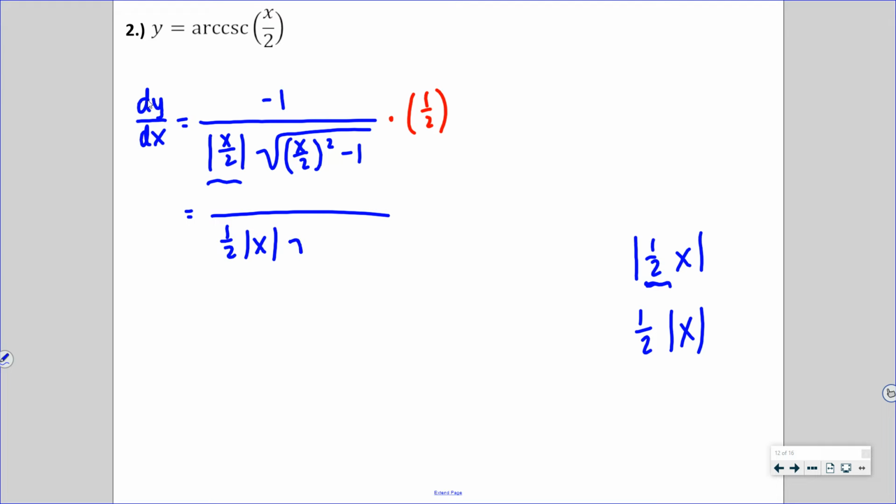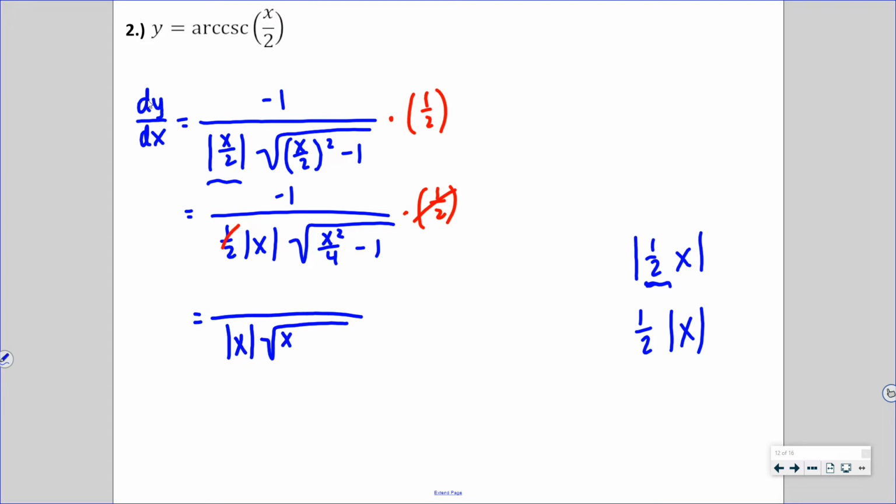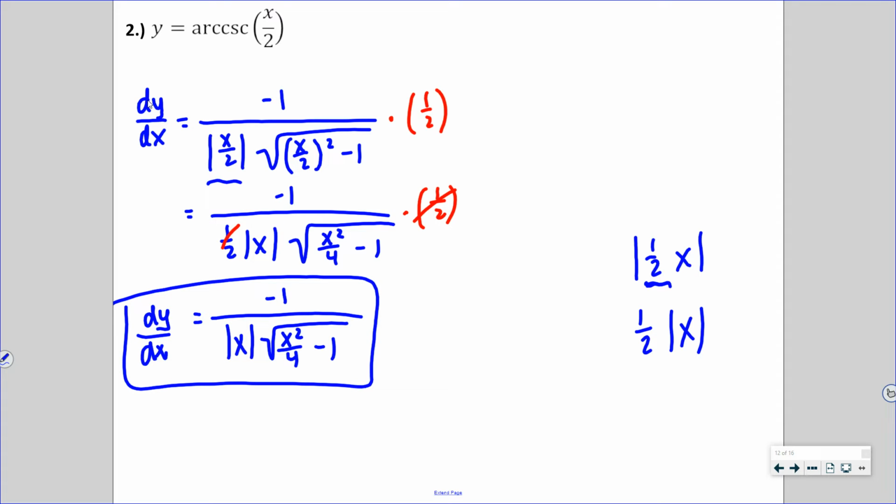And then underneath the radical, I'd probably just write that as x squared over 4. Don't worry about minusing the 1. But then these 1/2s would cancel, so this would be a perfectly simplified answer. Again, you're probably not used to leaving fractions within radicals because technically that's not a simplified radical, but in calculus, once we